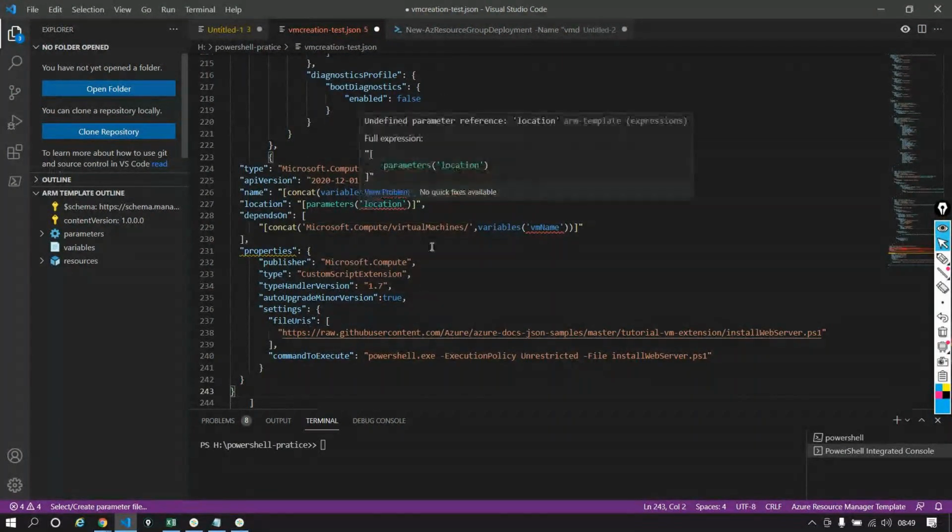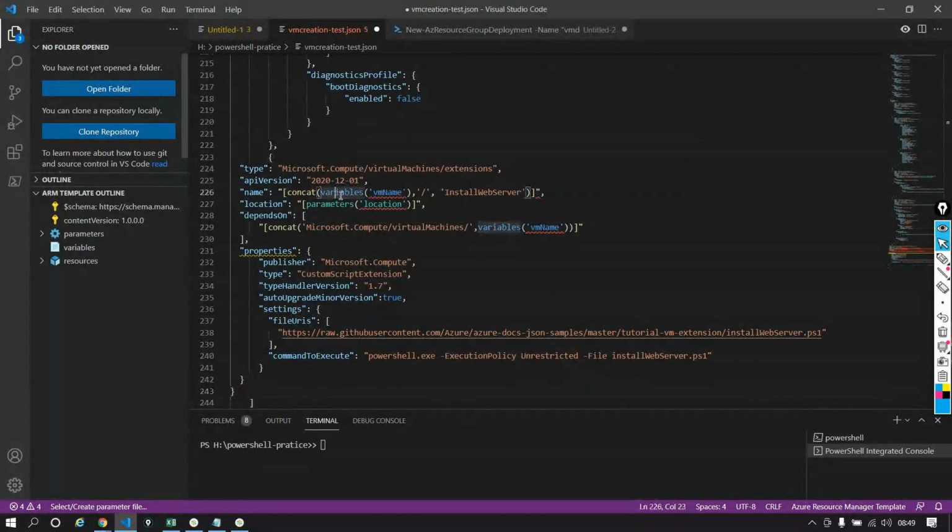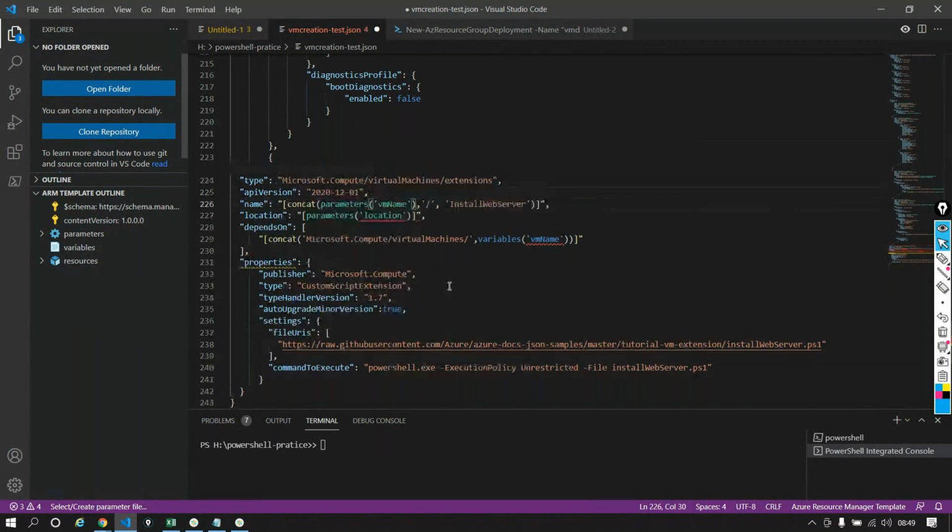You know what? This is not variables because I do not define anything in my variables. I'd rather say this is parameters, VM name. The first thing. Secondly, I am not defining my location anywhere. Rather, I am saying it is resourceGroup dot location. So I'm calling my function. And now I'm saying, you know what, this is dependent upon